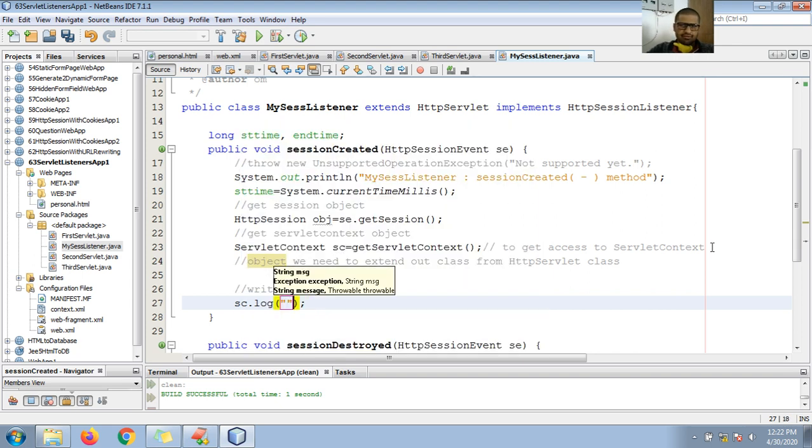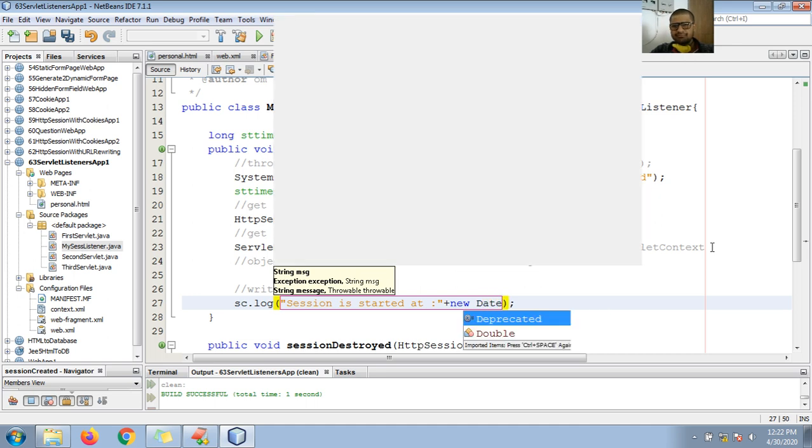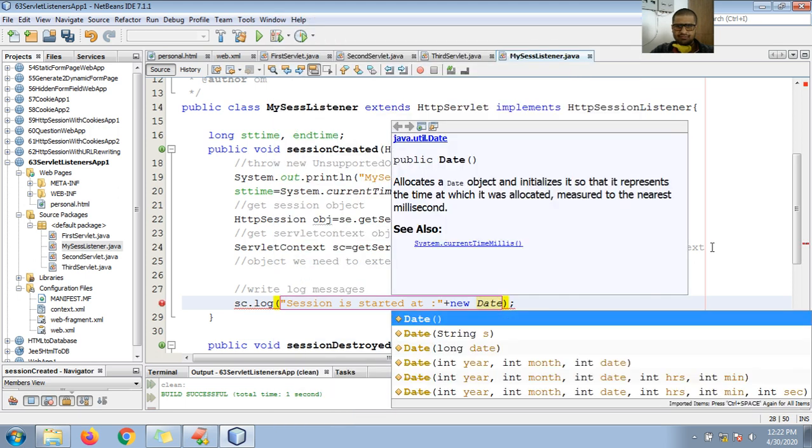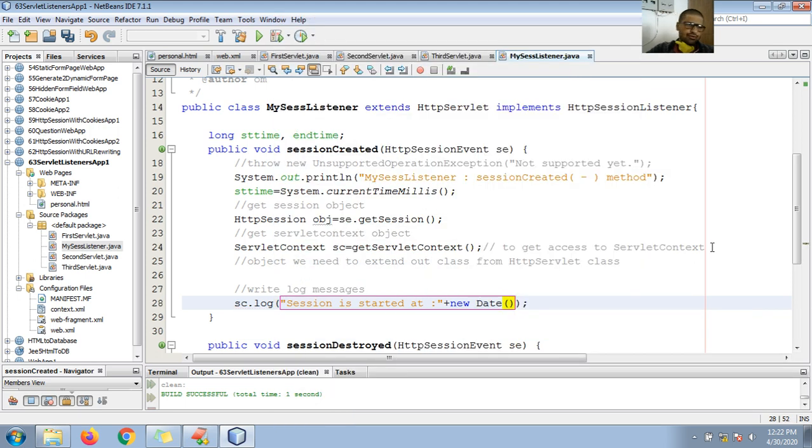So here let me keep the log: Session is started at, let me use here start time, otherwise new Date, java.util.Date. Okay boss, fine. Now this is the